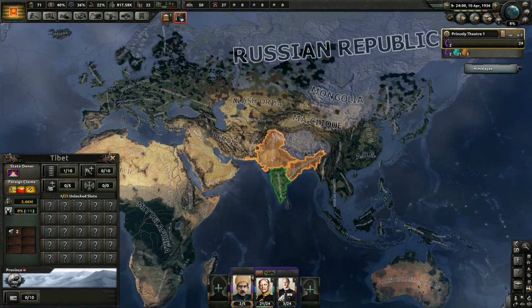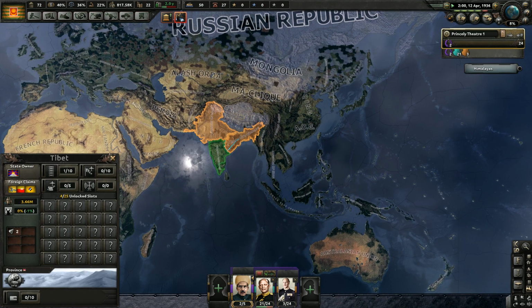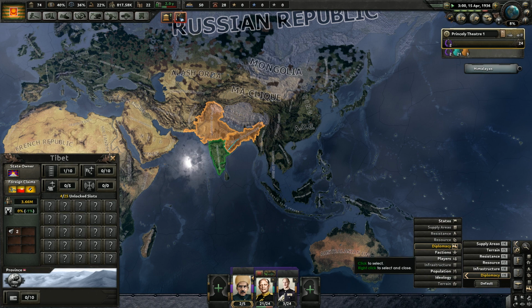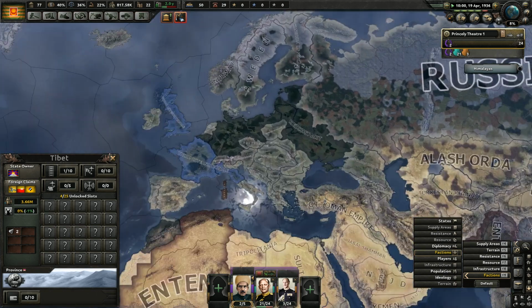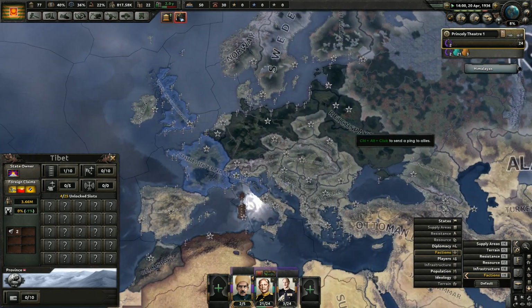Oh well. I thought there was a faction map mode. Diplomacy? Factions. Yeah, there we go. So here's the Reichspakt, the German